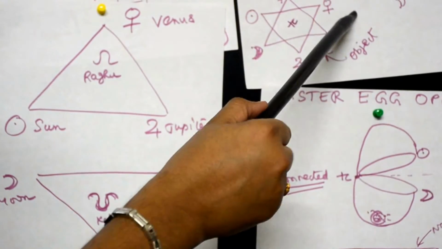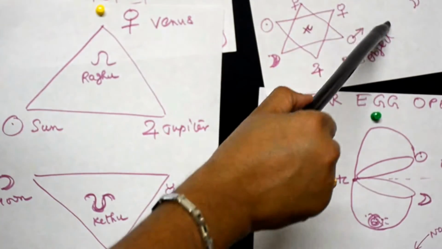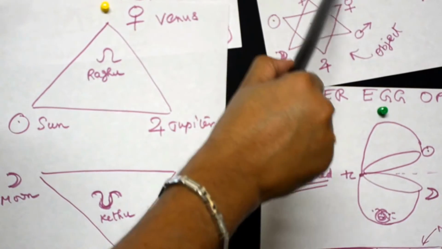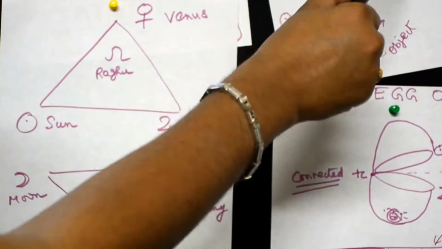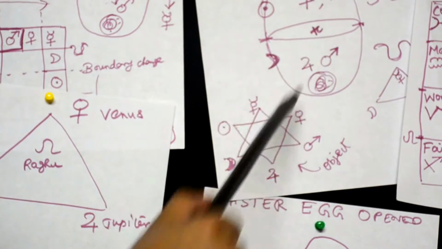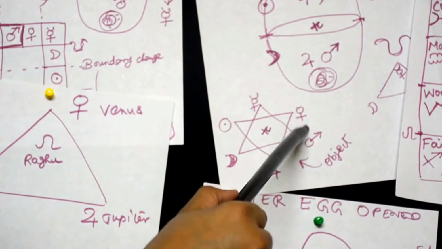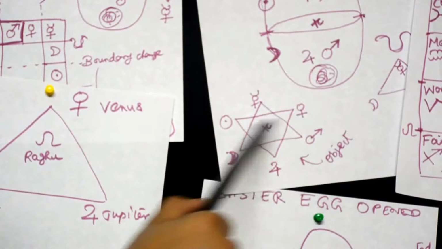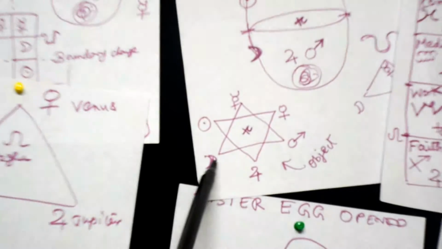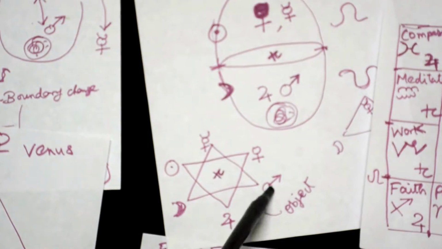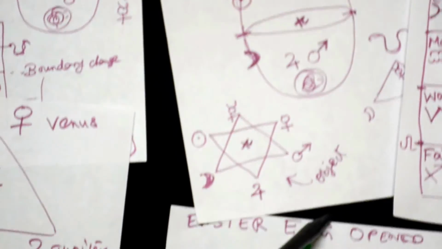So when you put these things together, you can treat this one as below the part, and this area is above the one upside down. This part has the Sun, Mercury, Venus. They all form the upside down upper part of the Easter egg. Moon, Jupiter and Mars, they all form the lower part of the Easter egg.